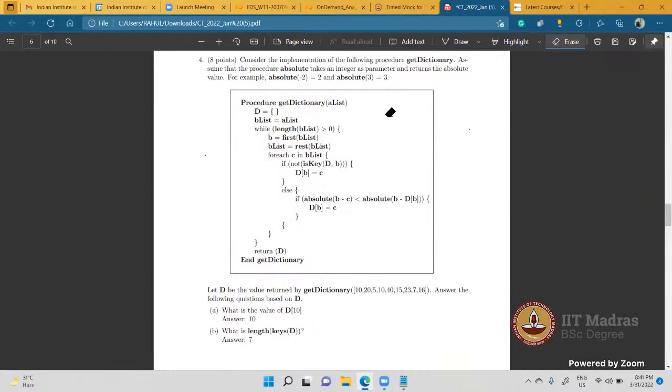Yes. And 20 will map with 40. Then 40 will map with 20, will map with 23. 23. Then 23 will map with